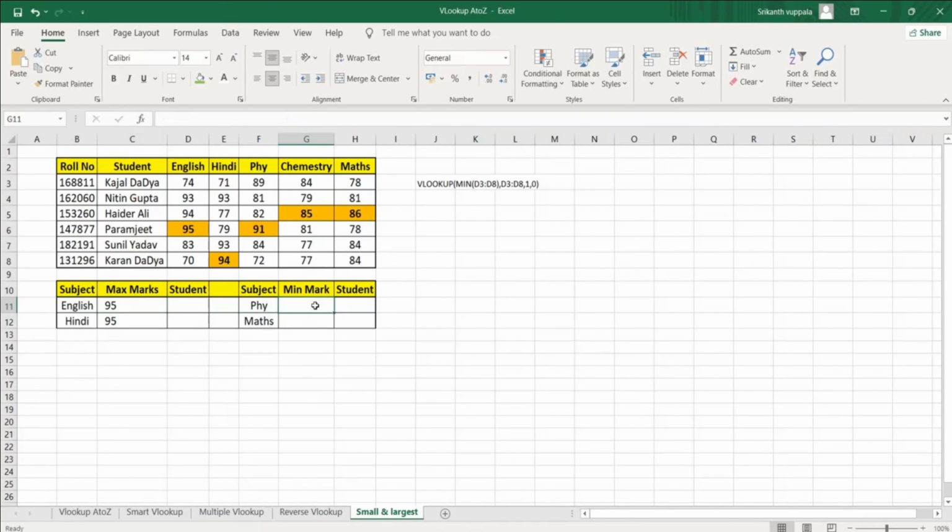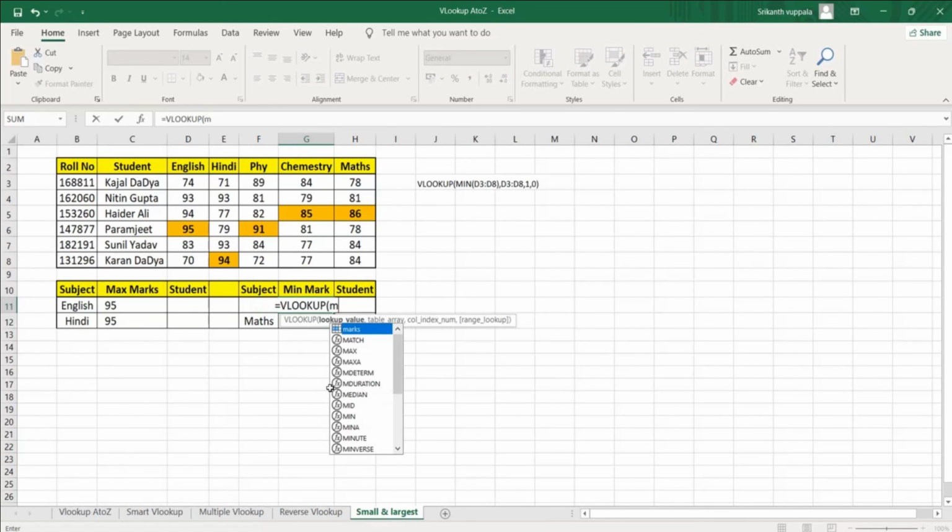If I have to pull the minimum marks in physics, I'll use the same VLOOKUP function, but here I'll use the MIN function. What is my range? Which subject? Physics. This is my range. What is my table array?